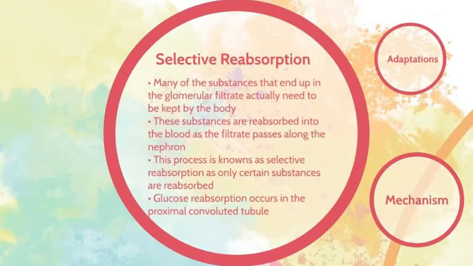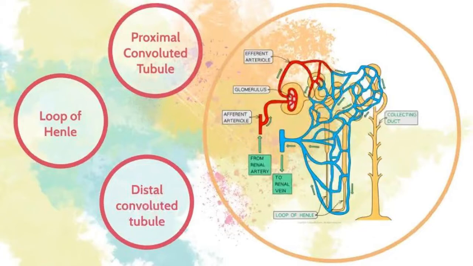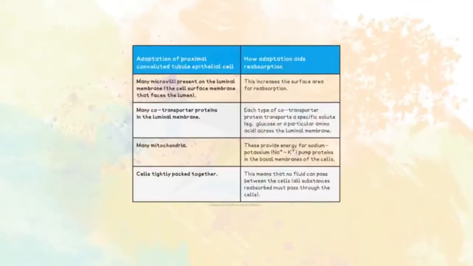And I'm going to split this lesson into the three anatomical locations of the kidney. So as you're looking at the diagram of a nephron, you'll see a proximal tubule following the glomerulus and the Bowman's capsule. So that first line of tubing is the proximal convoluted tubule, descending down into the loop of Henle, coming back up to the distal convoluted tubule and then to the collecting duct. So I'm going to go through step by step how selective reabsorption is occurring based on the location in the nephron. So as I said, glucose is reabsorbed in the proximal convoluted tubule, and that is where we're going to